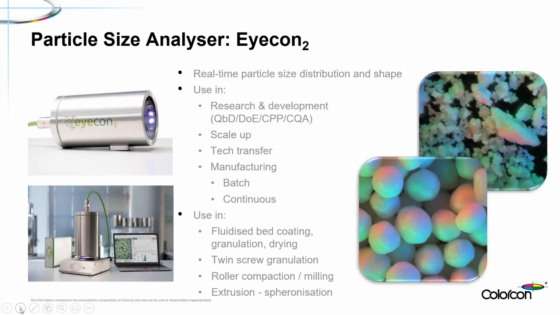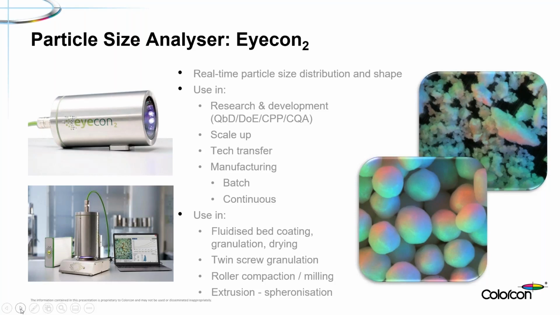So on to the Icon 2 itself. I've already covered that it's a real-time particle size distribution and shape measurement device with applications in R&D, scale-up, tech transfer, and in both batch and continuous manufacturing. And then some of the uses are listed there: fluid bed, coating, granulation, drying, twin screw, roller compaction, extrusion, spheronization,